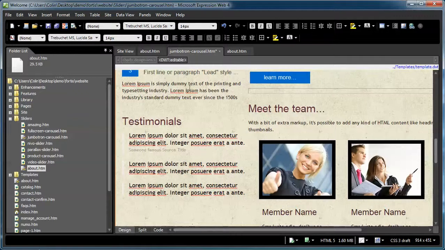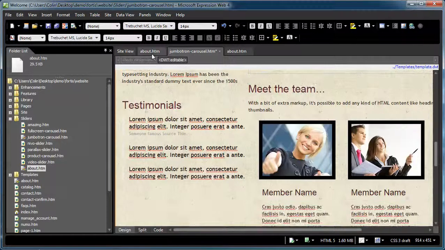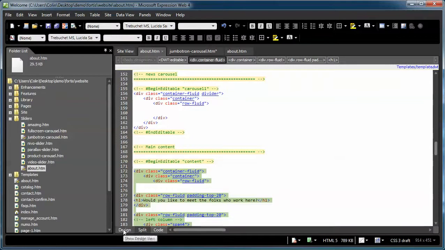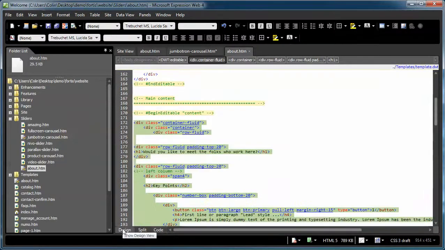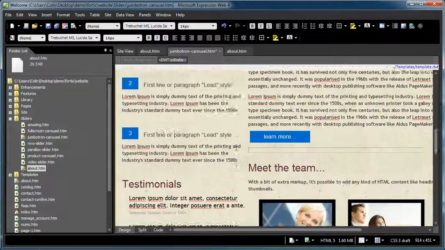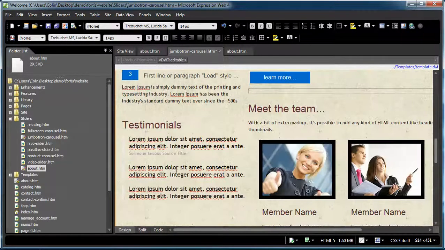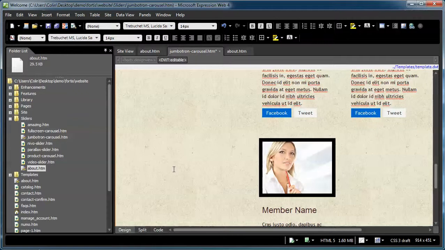And of course my video is really going to be tiny. It's going to look a little bit squished in the window here, but now we've basically taken the layout from our About page, well, this one here actually. We've taken this layout, we've copied it, and we've put it into the Jumbotron carousel page. Just a matter of grabbing chunks and moving chunks. And we've tried to design it so that, at least in the default pages, there's just one area that you need to